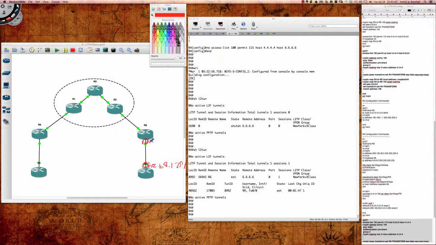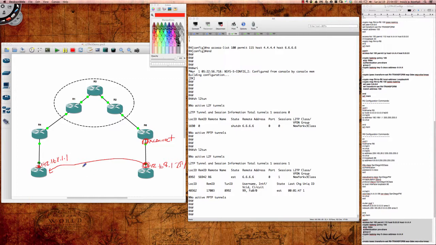And we had our XConnect interface here, and that tunnel was allowing us to make these interfaces appear as if both of them were on the same network, and this was our